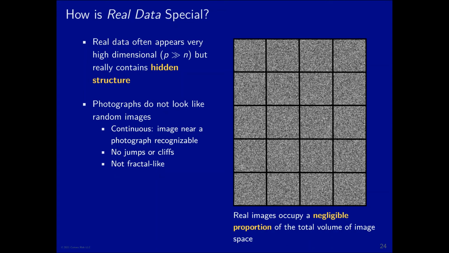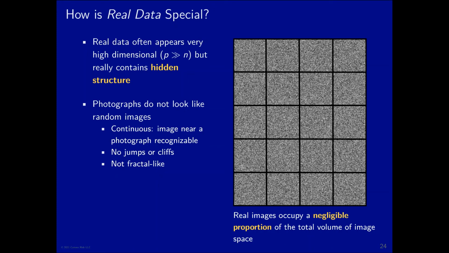So what I've got here is 20 different simulated images. If you show these to a computer, the computer would say, hey, these are all completely different, because if you imagine where they are as a point in a 1,000-dimensional space, they'd be very evenly distributed around that space. So to a computer, they all appear completely different. To us, they all appear exactly the same. You have to look very, very closely to distinguish these, and none of them look like actual pictures.